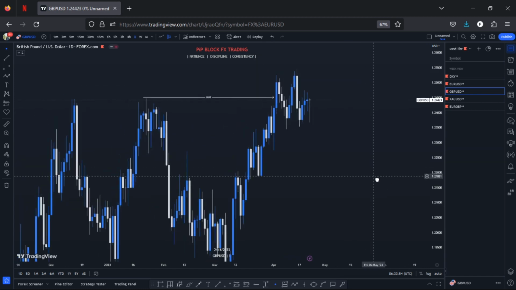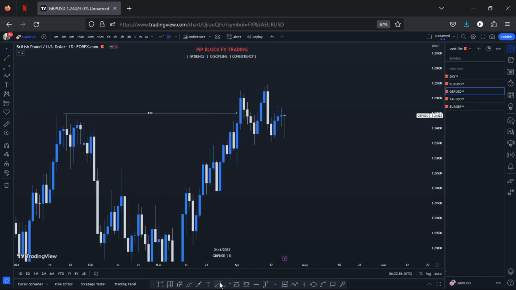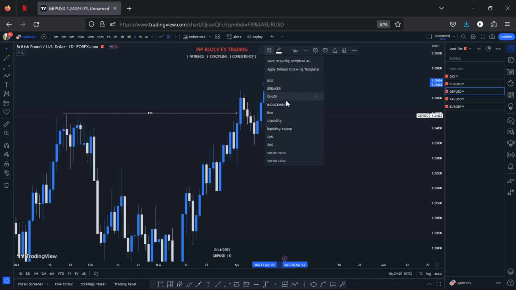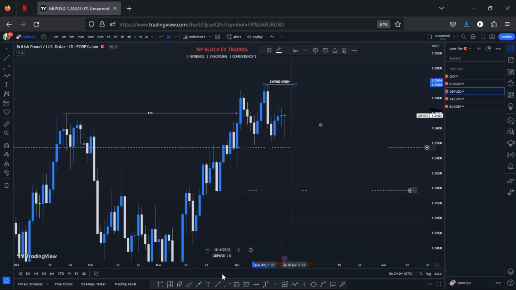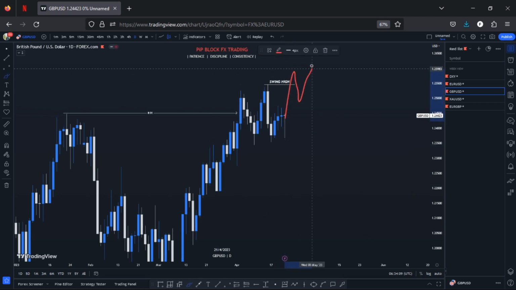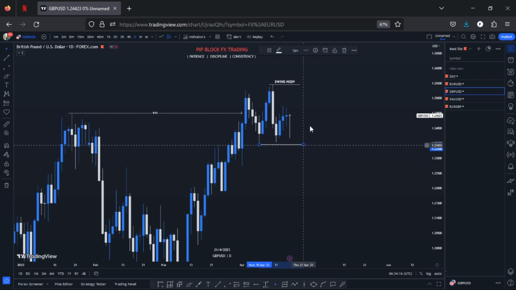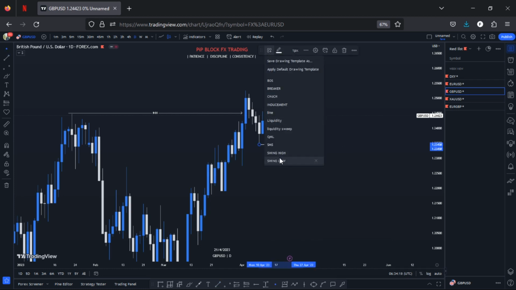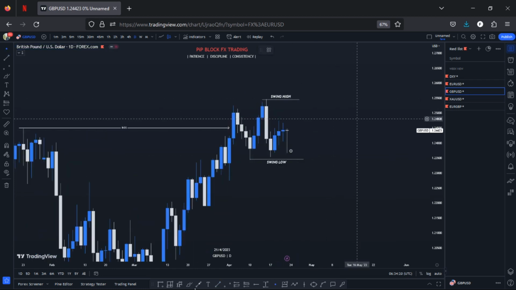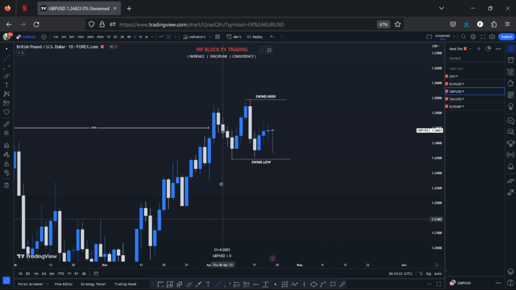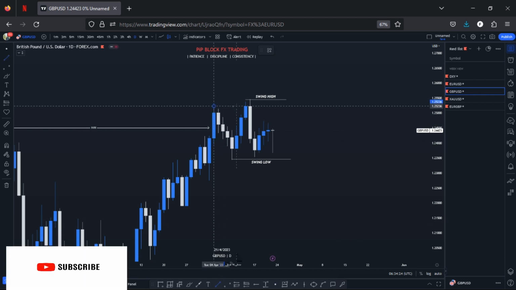Now let's just come to what we have here. I have my swing high right here. Since I'm very bullish, I'm expecting the market to break this swing high, give me some push to the downside, and we continue, right? I have my swing high right there, I have my swing low right here. So what am I expecting? Bullishness. We had the market breaking this structure right here.